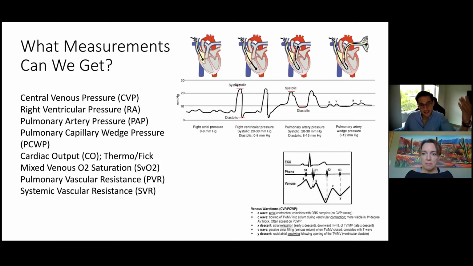But yeah, so this is again the few measurements we do get on a right heart cath. And here we're going to speak more about a few other things that we can see. We spoke in the previous slide about the TR we see and the pressure tracings we see with them, right? Anything that we want to add to this is